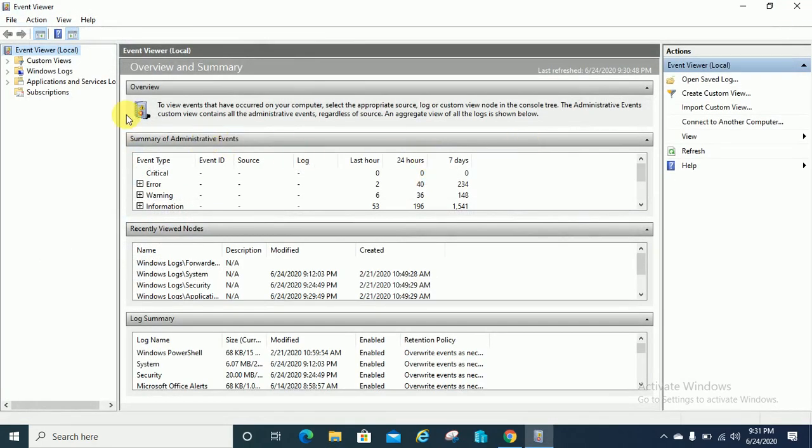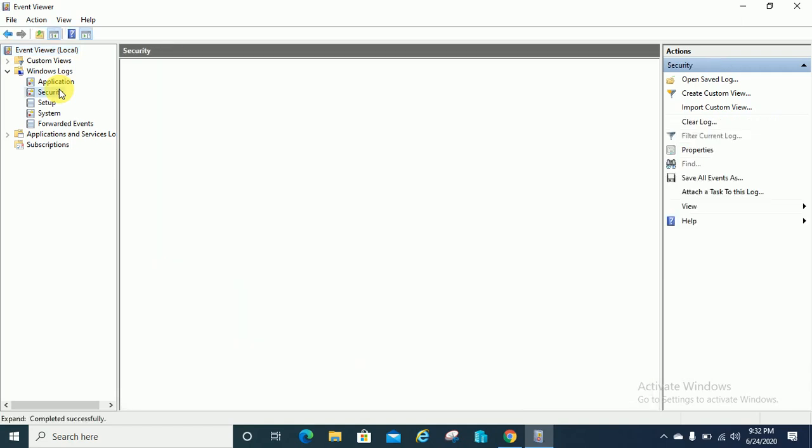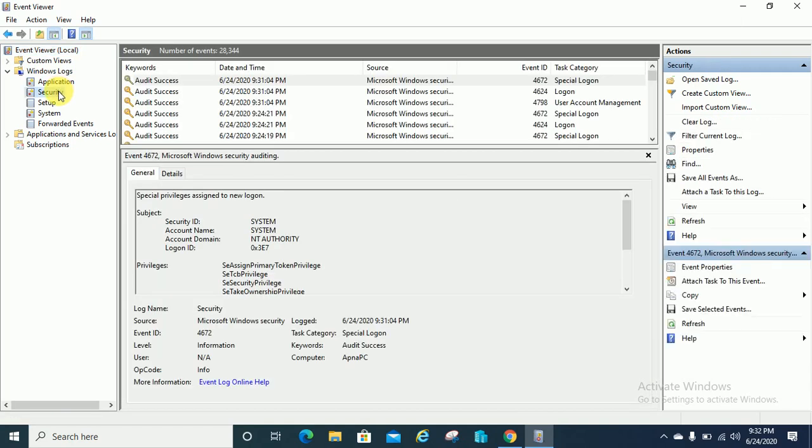So guys, I just want to explain a few more things about Event Viewer. Event Viewer is a helpful Windows tool, we can say, for us to identify the root cause of any issue, or we can find out the root cause on the basis of event ID. So today I want to focus on security events. So I will show you.